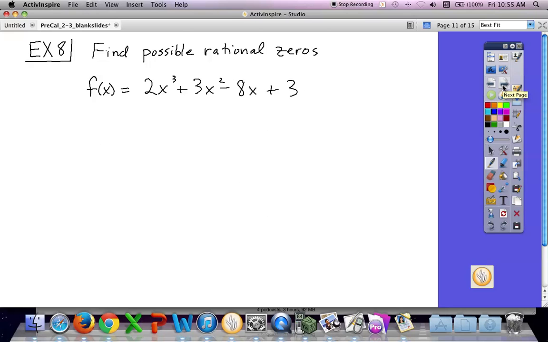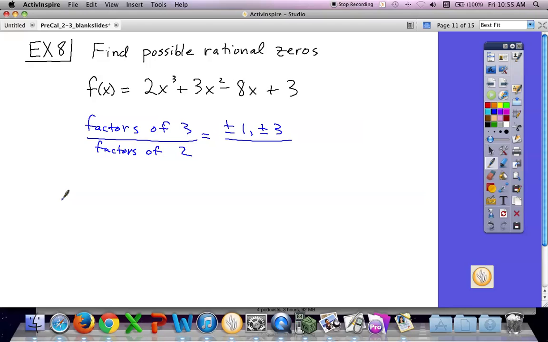So, for example, if I'm going to find the possible rational zeros of this polynomial, then it would have to be the factors. I need to make a list of the factors of 3, the last number, and divide it by a list of the factors of 2, the first number. So you just got to say to yourself, what are the factors of 3? It's 1 times 3. But it's also negative 1 times negative 3, right? So whenever you come up with your list, it's always plus or minus, always plus or minus. So we would have to say plus or minus 1, plus or minus 3,